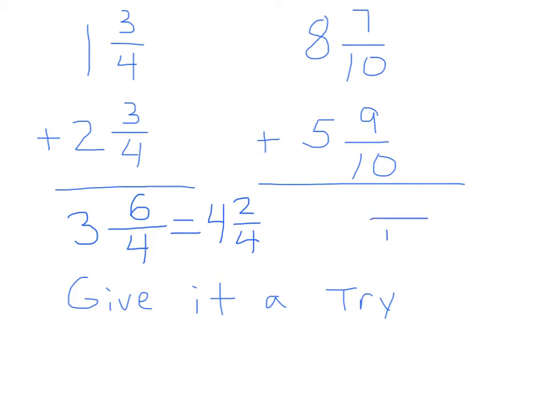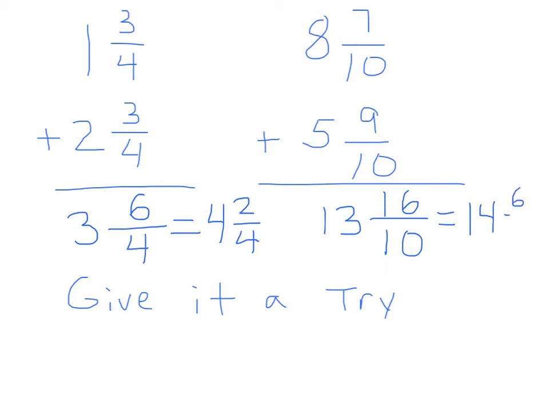10 is my denominator, so I'm going to keep that the same. Now I have 9 plus 7, which is equal to 16, and 8 plus 5 equals 13. I know, again, that red flag goes off because it's an improper fraction over here. 10 goes into 16 one time, so now this becomes not 13 but 14, and I have 6 left over